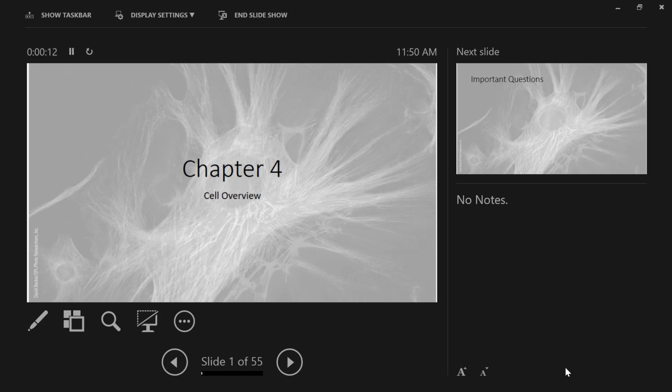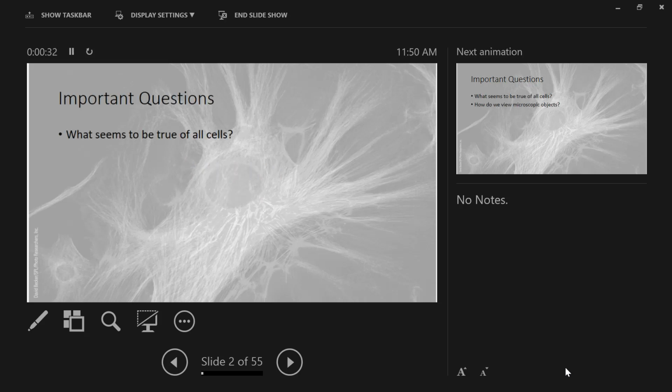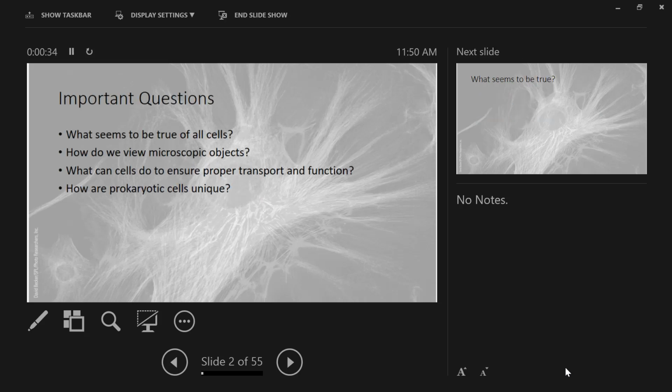And if you've already looked at this slideshow, you realize that there are 54, 55 slides. It's a lot of slides. However, we're going to move through it pretty quickly because it's the overview, again, like this 40,000 foot view, and then we're going to go in and dig deeper. Okay, so first set of questions. Hopefully we'll get through these 4 questions today, and then maybe some in the next set.